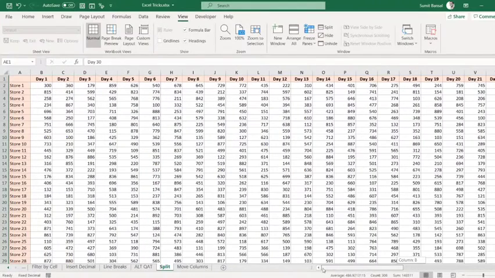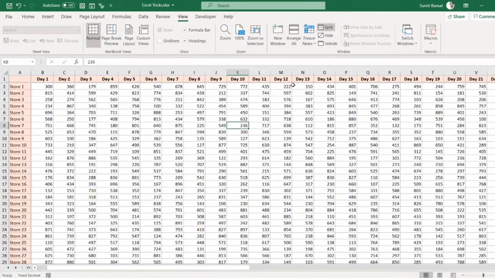So what I can do is I have the option to split the screen. To do that, I would again go back to the View tab and click on Split and see what happens. As soon as I click on Split, you would see these dark thick gray lines appear, and I have one vertical line and one horizontal line. Because I want my screen to be divided vertically, I would drag this vertical line and place it right next